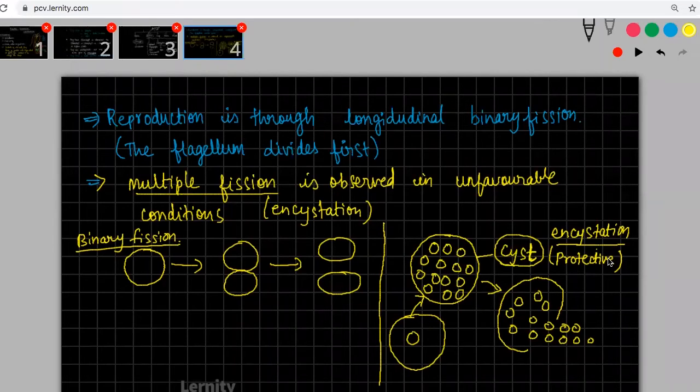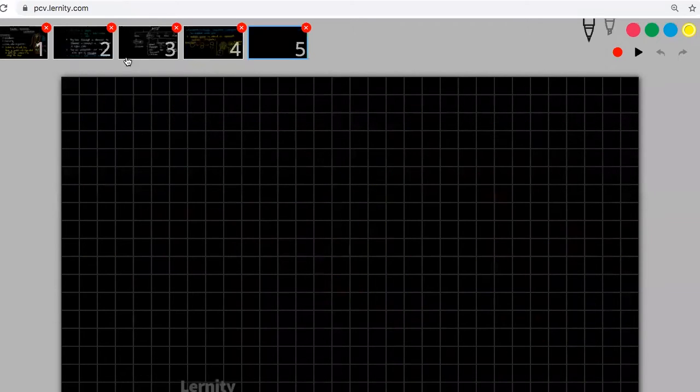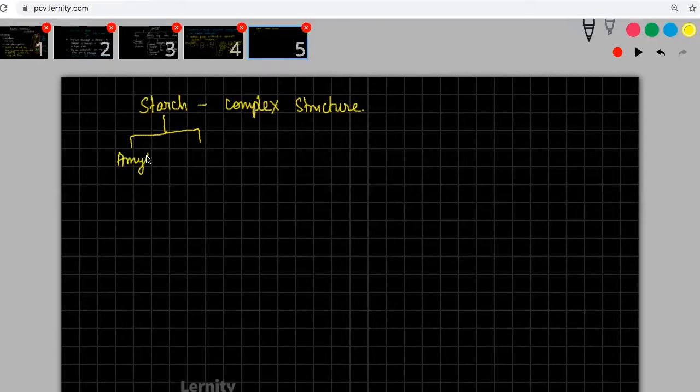Okay, someone is asking, sir, when chlorophyll a is present as in higher plants, why can't they store the food in terms of starch? Okay, you please understand the meaning of starch. Starch is very complex in nature. It is a complex structure. The starch itself is made up of two components. One we call amylose, and the other one we call amylopectin. These are complex structures which you will study in the biomolecules chapter.